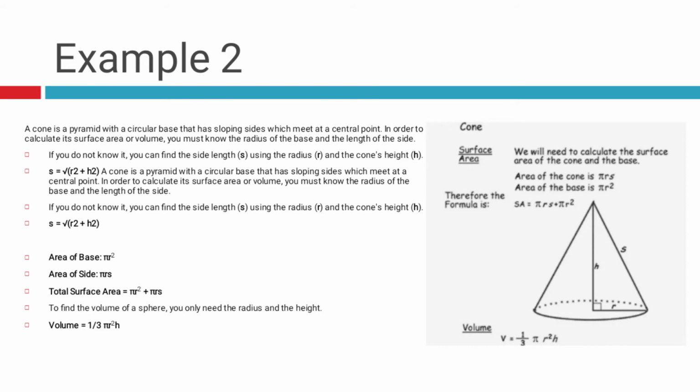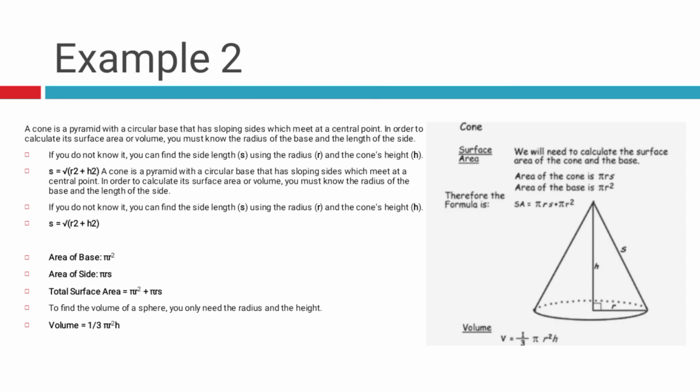Now, if you do not know how to find the length, which is s, using the radius r and the cone height h, you use this formula like I just said. So the area of a base is equal to pi r square. So what is pi r square? Pi r square is also the same formula for solving